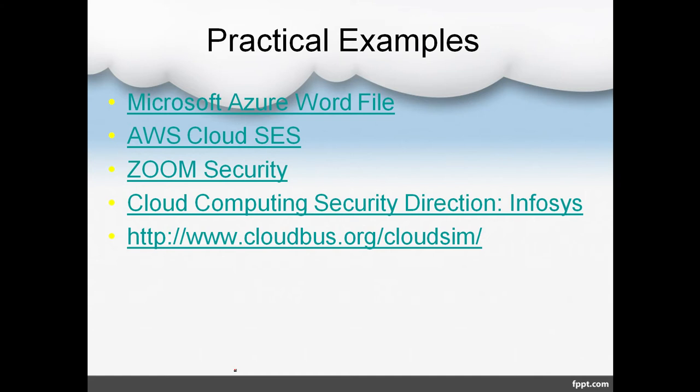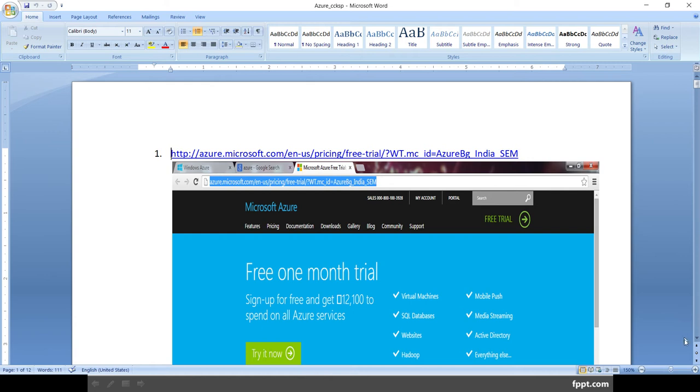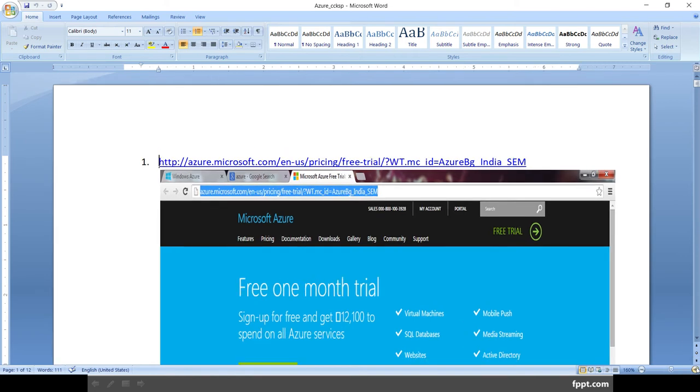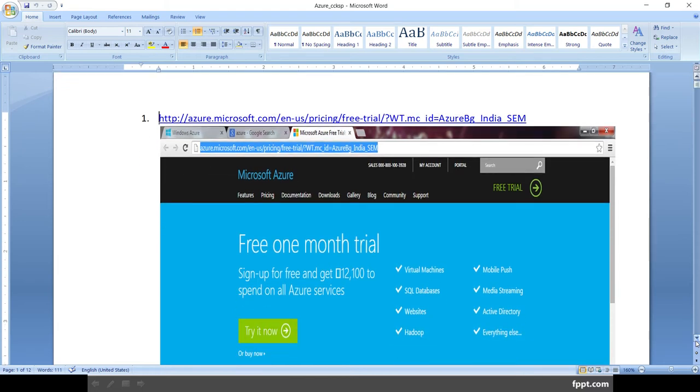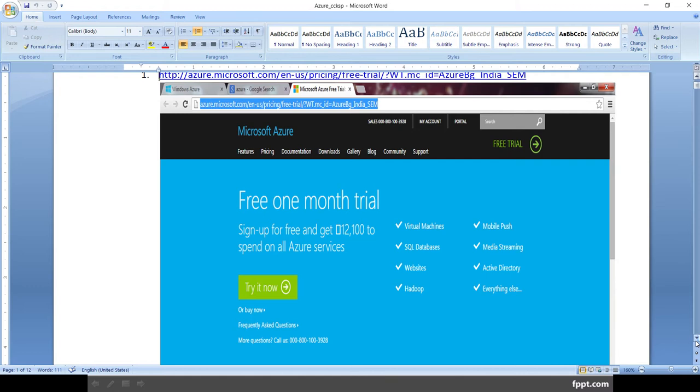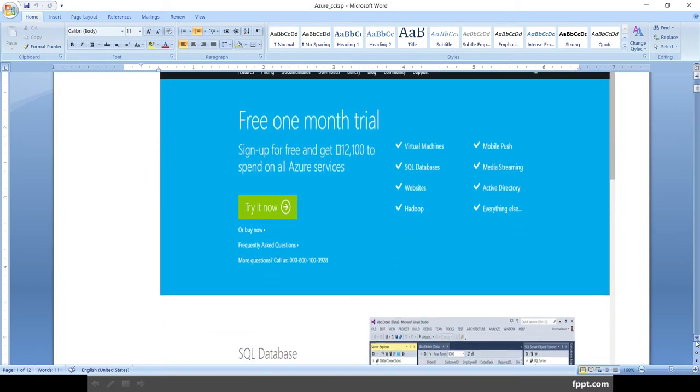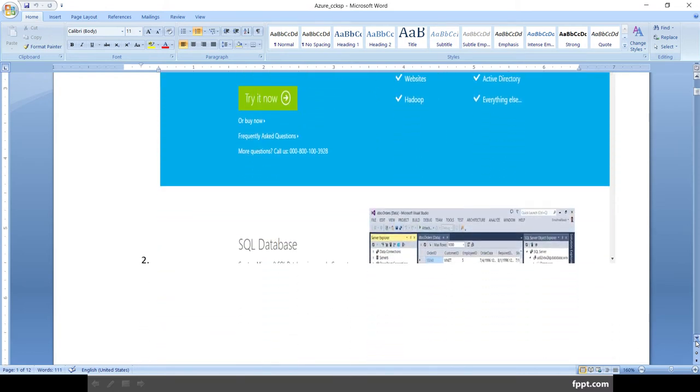So some practical files, I'll open them. The Microsoft Azure Word file, I'll show you some practical examples. I hope it's visible how we can practically use it. First, you can go to the azure.microsoft.com site and create your free trial login. Try it now. After that, you will get the SQL database,